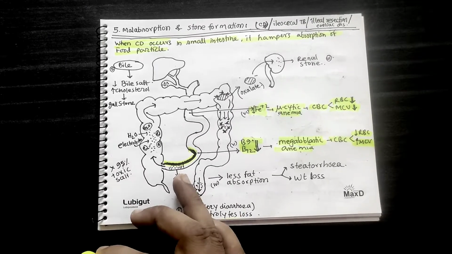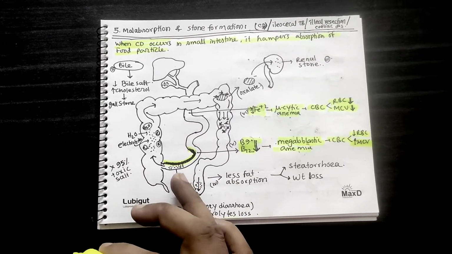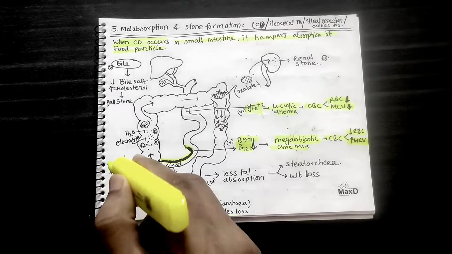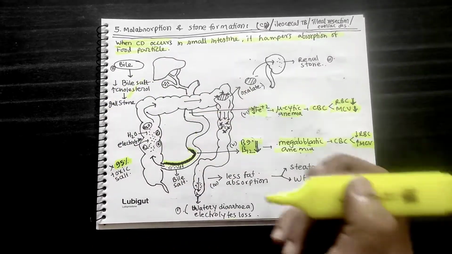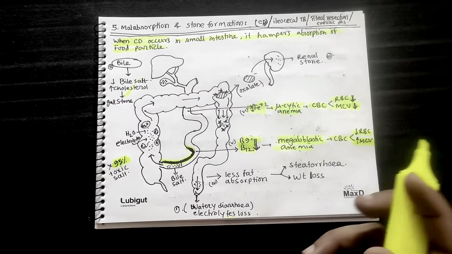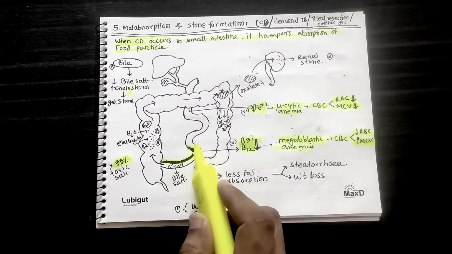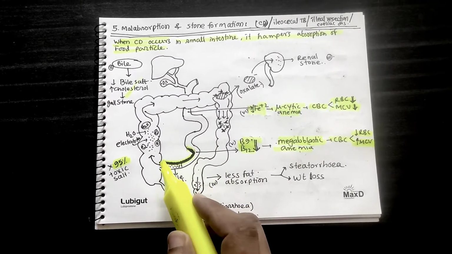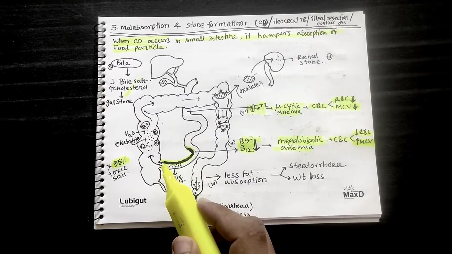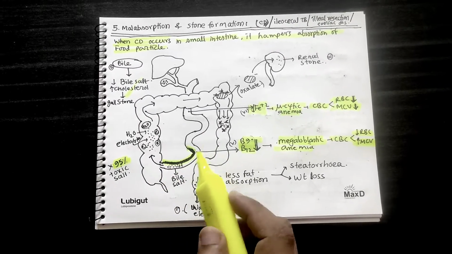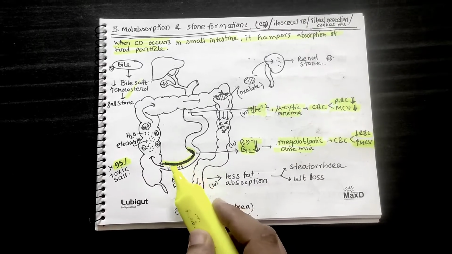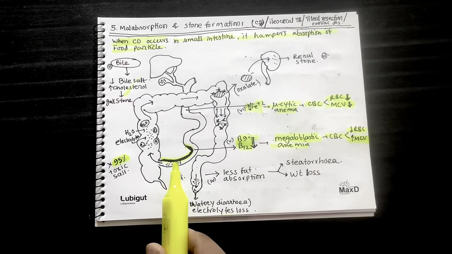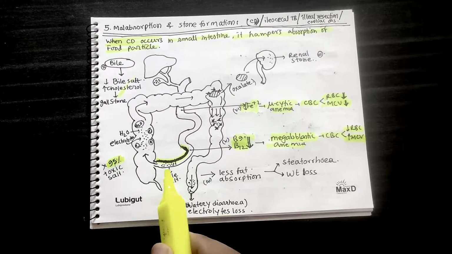Now the bile salt. Bile salt is the important factor. It causes many things. Usually 95% of the bile salt goes back into the liver by enterohepatic circulation. But when there is severe inflammation, the cells become destroyed, so the bile salt absorption is reduced or hampered. So most of the bile goes into the large gut, and it causes